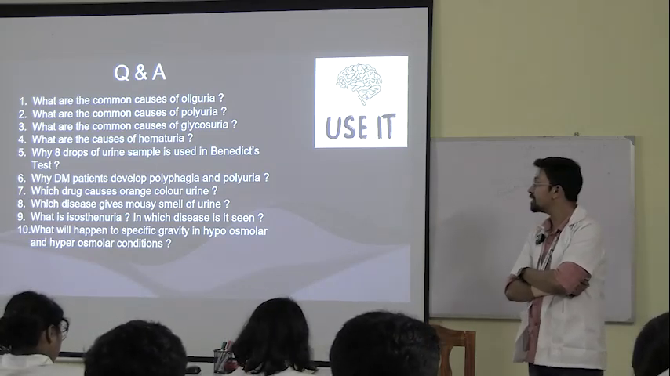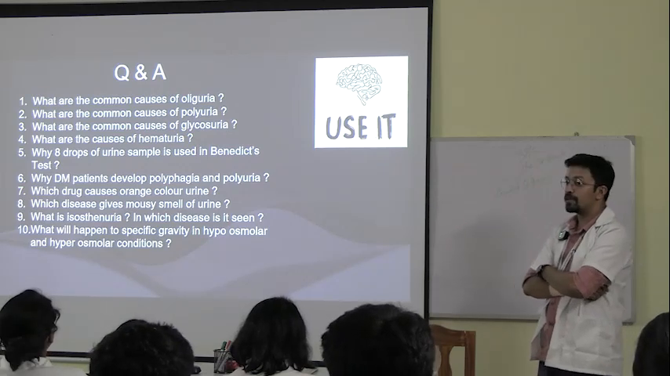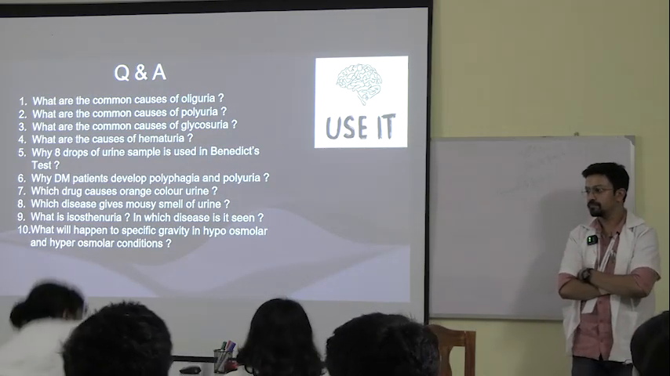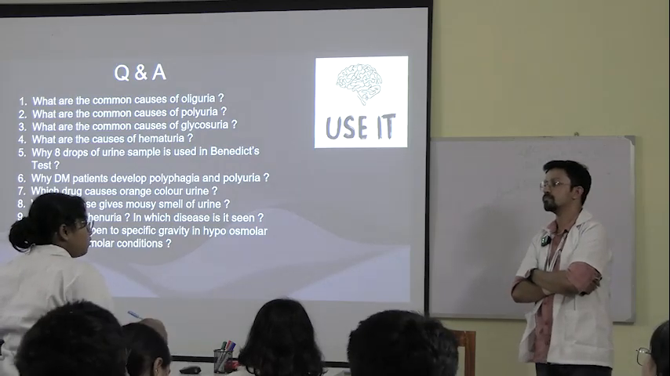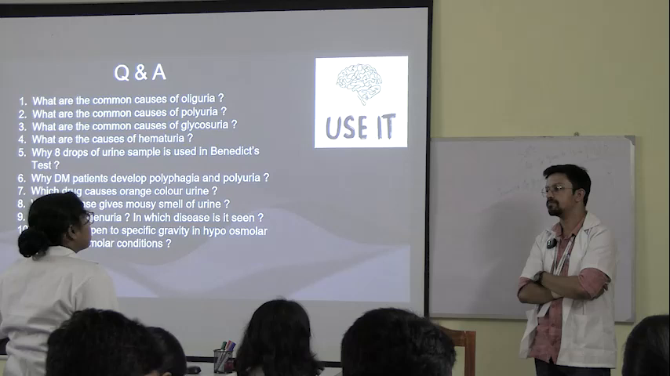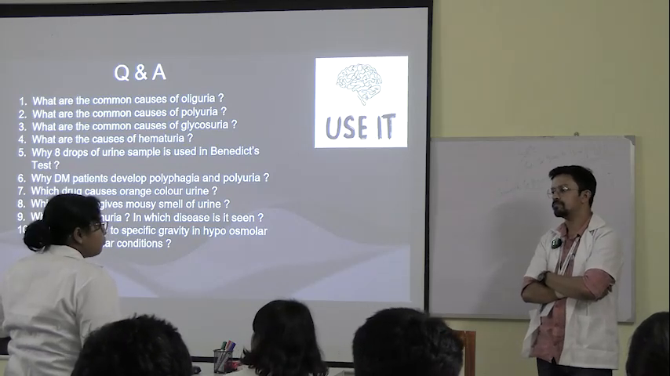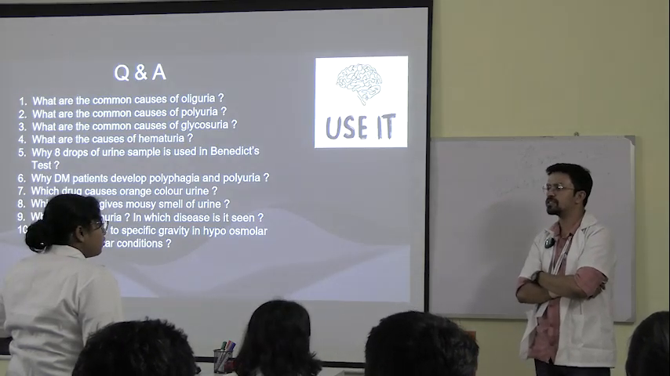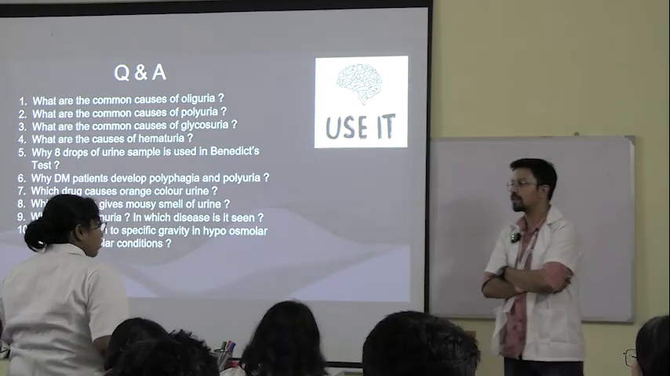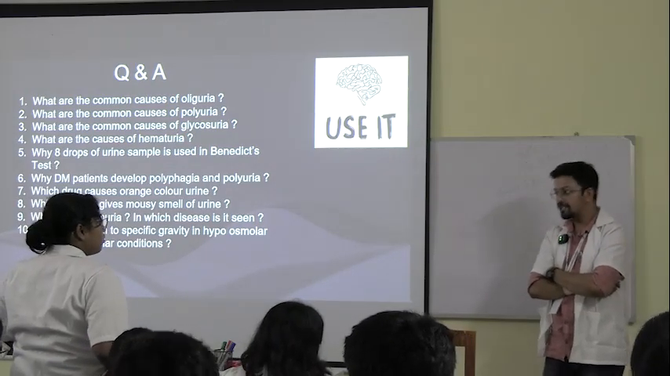Sit down, everyone sit down. What are the causes of hematuria? Can anybody tell? You can tell. Stand up. RBCs released in the urine. So what are the conditions where there can be RBCs in the urine? In case of stones, renal stones can be the cause,